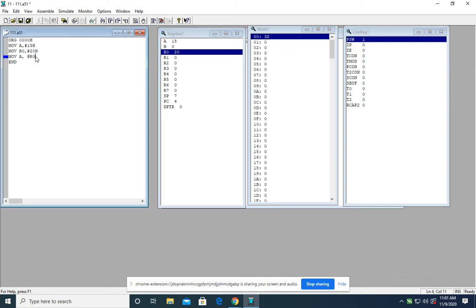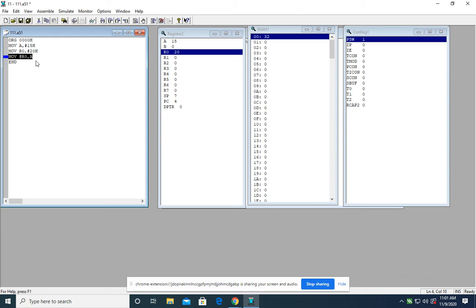particular data transfer. So in the next instruction, the content of accumulator will be transferred to the 20H location. For that I have to write this particular instruction: MOV @R0, A. This belongs to indirect addressing mode. The first two instructions belong to immediate addressing mode, and this third one belongs to indirect addressing mode.